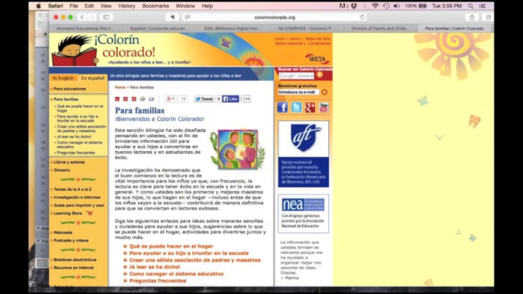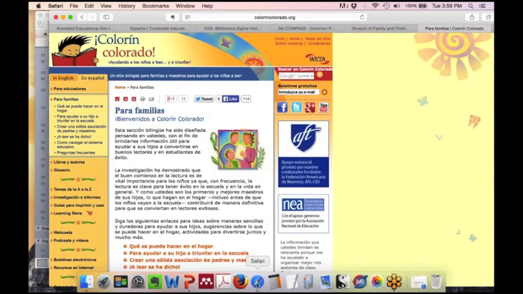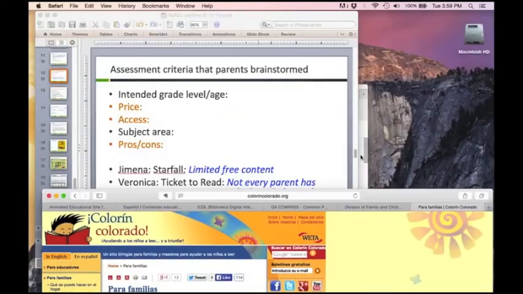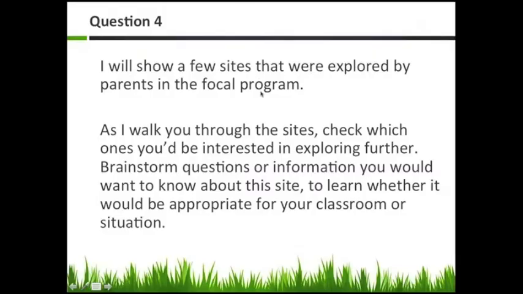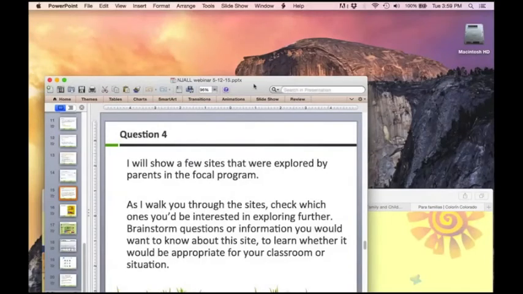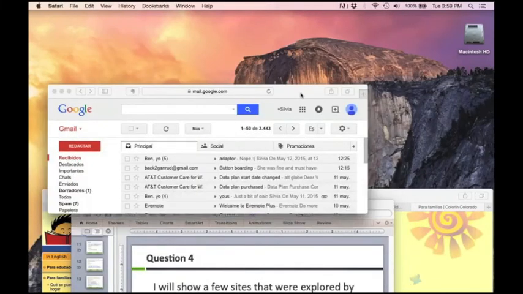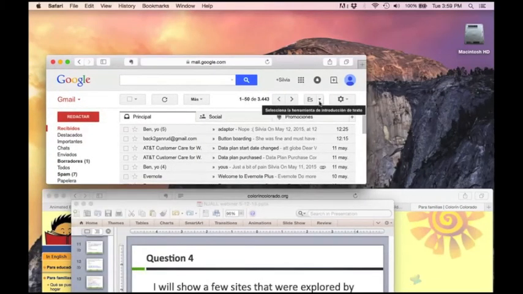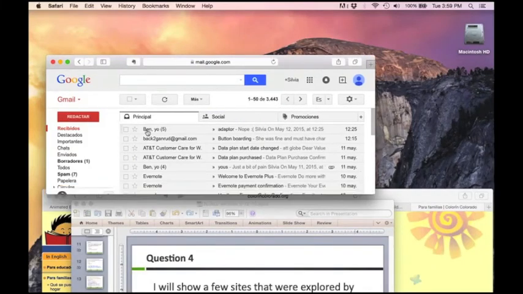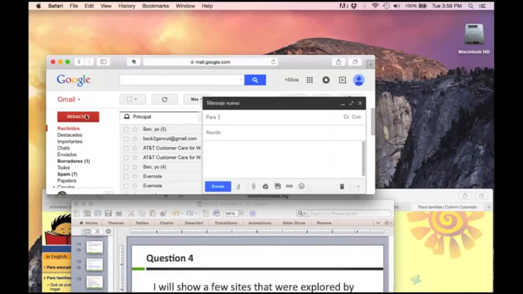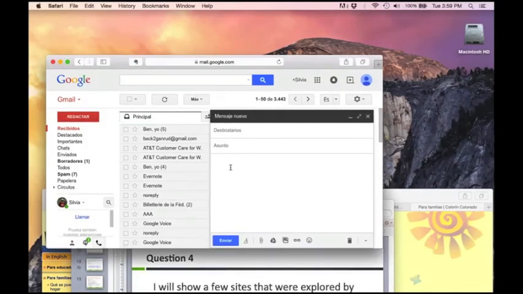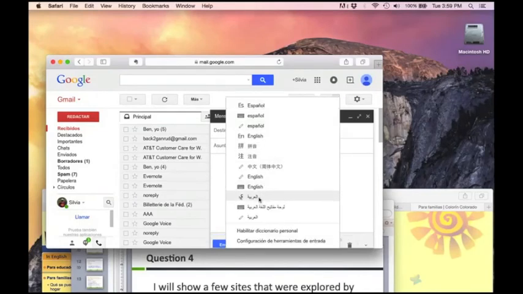I also wanted to show something new I found in Gmail, because email is so important. Gmail has a new language tool. If you're writing an email with your English or Roman-language interface, you can insert, for example, Arabic.